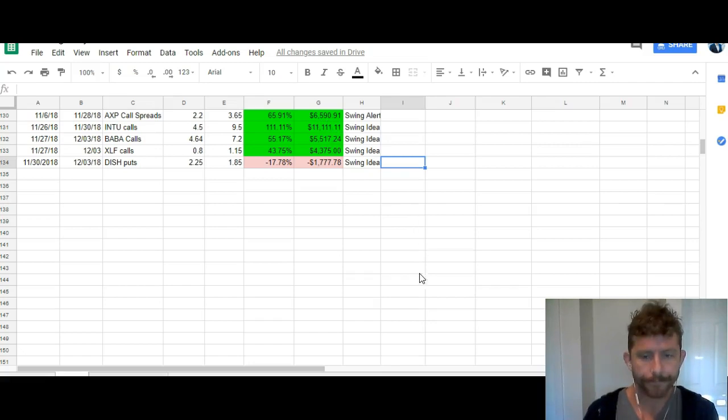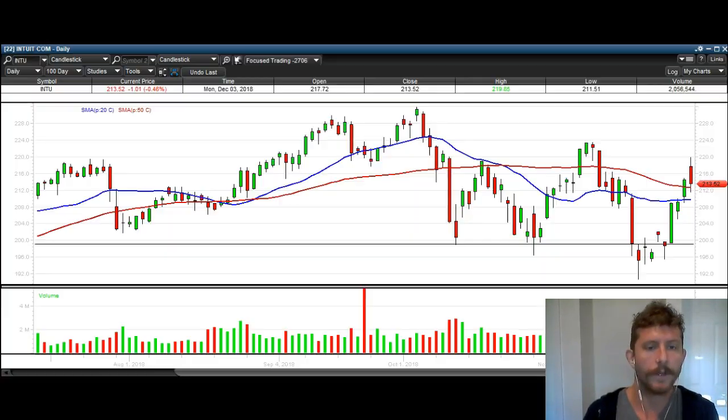All right. So again, what you want to focus on is the false breakdown. Okay, a clear level of support, it's broken, and then we break right back over it. It's especially powerful when you get a gap. So when we get a gap and close over the previous few days' highs, that's what you want to focus on. All right. So the next one here is BABA,